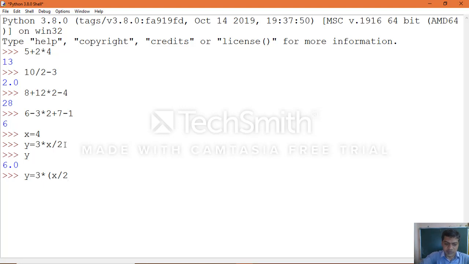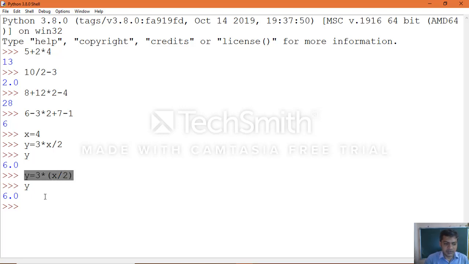In the textbook it was given as 3 of x divided by 2, which means 3 into x divided by 2. We should keep this in parentheses, which is why you will get the correct result. Now print the y value. This is the exact way we need to evaluate the given expression.